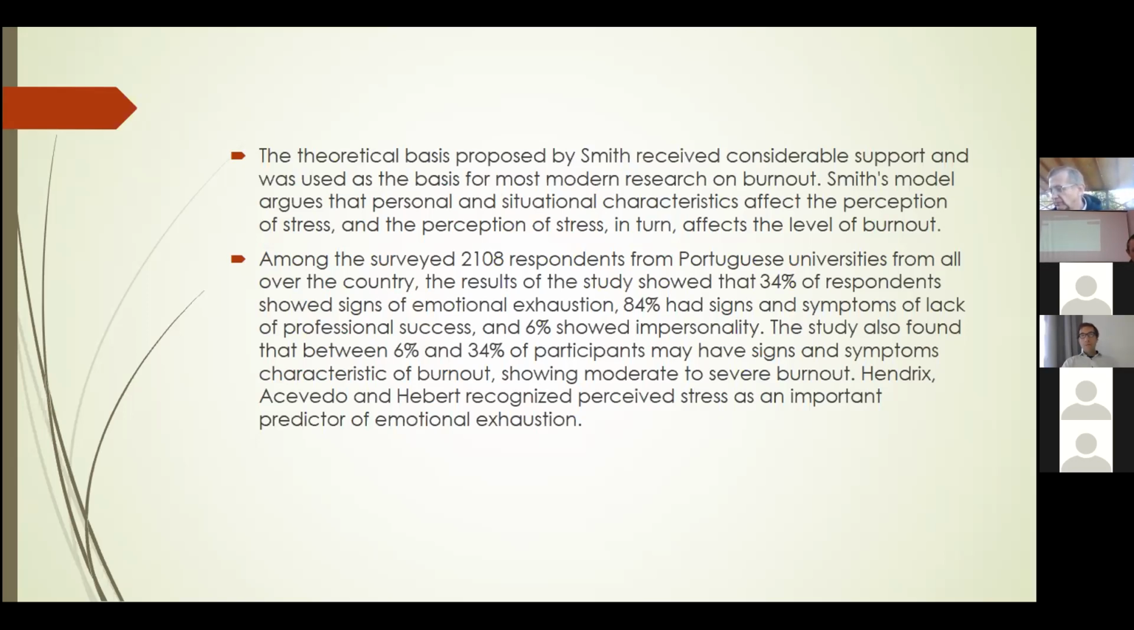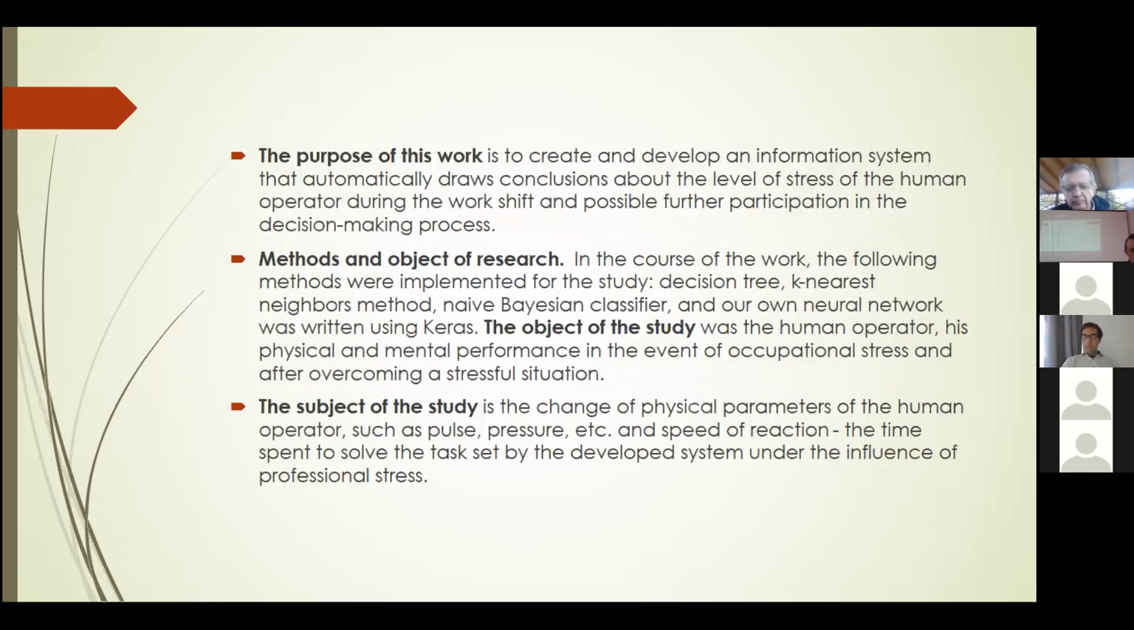84% had signs of symptoms of lack of professional stress, and 6% showed impressionality. The study also found that between 6 and 34% of participants may have signs of the symptoms characteristic of burnout, showing moderate to severe burnout. So, slow metabolism, digestive problems, and the immune system are clearly the result of the effects of stress on the